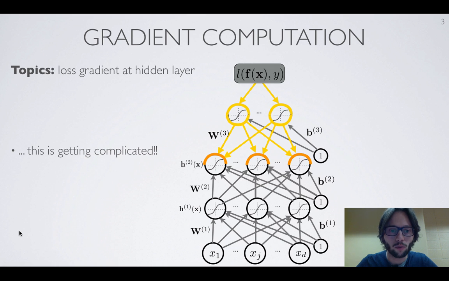All right, so we looked at the gradients with respect to the output of the neural network, and then we looked at the pre-activation at the output layer. And so we could continue like this, deriving it for any other hidden layer. But if we were to do this every time by hand, like we've done so far, this might get a little bit complicated. So can we take a step back and try to see how, instead of looking at individual neurons